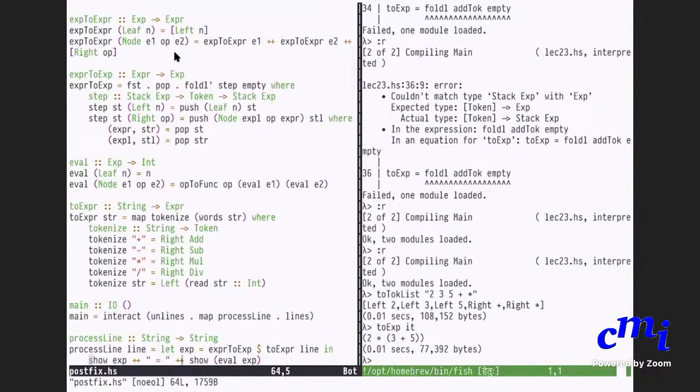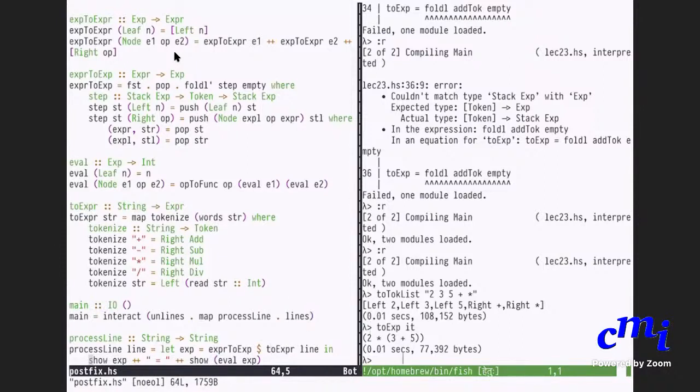So you take the line and convert it to a token list, and from the token list you go to the expression, which we call EXP. Then we show the expression as well as the evaluated value of the expression. Is it clear? This is what I'm doing.